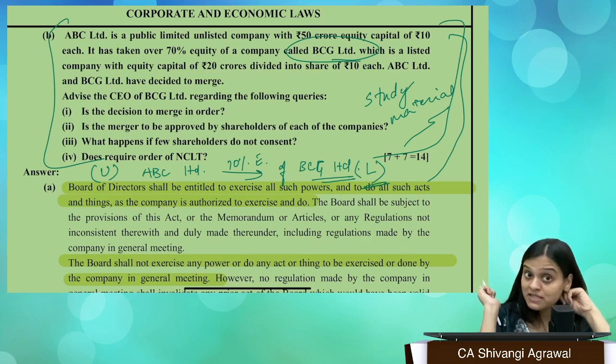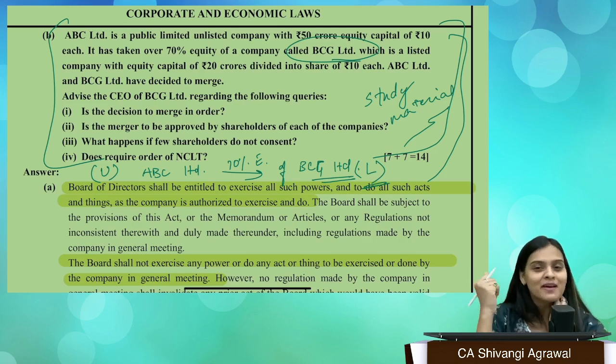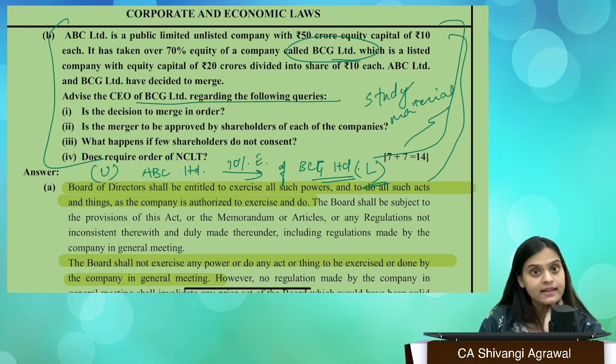ABC Limited and BCG Limited have decided to merge. इन्होंने सोचा कि यार क्यों दूर दूर रहना, एक तो हो ही चुके हैं हम लोग इतने करीब तो आ ही चुके हैं, अब एक ही हो जाते हैं, ठीक है। अब आपसे पूछा जा रहा है कि क्या ये दोनों मर्ज हो सकते हैं या नहीं हो सकते हैं। सो देयर आर prima facie 4 direct